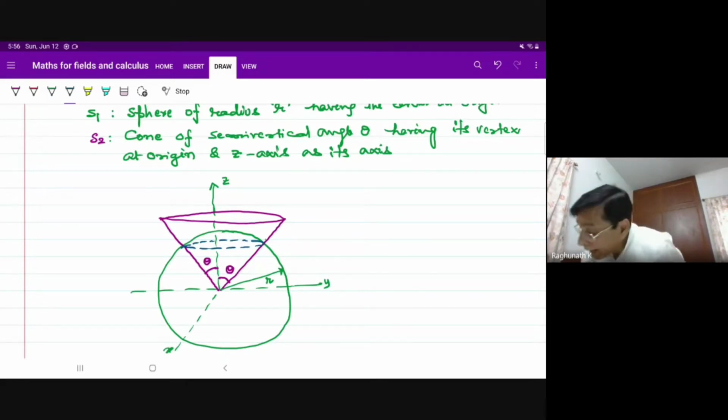This is actually a cap-like surface that gets removed. Somewhere we want to talk about that also. But this cone intersects the spherical surface along a horizontal circle